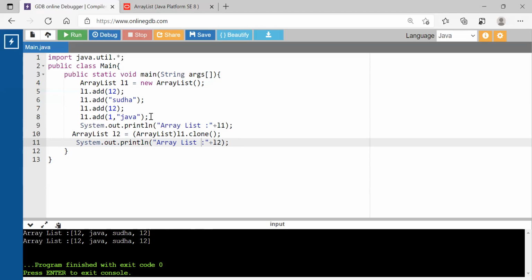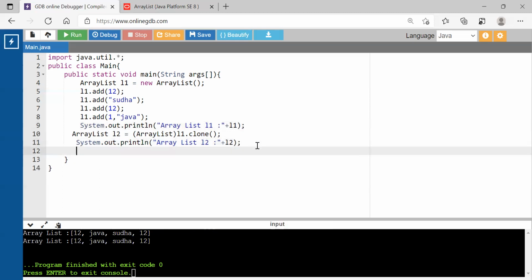I just want to show you one more thing regarding this clone. Since this creates a shallow copy, let us take a look at certain insert operations. This is L1, and this is list L2. Now I'll add an element into L2.